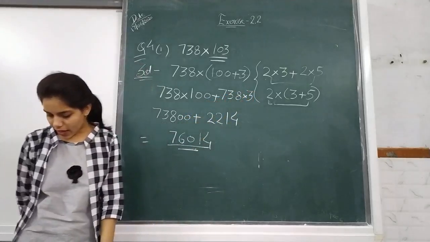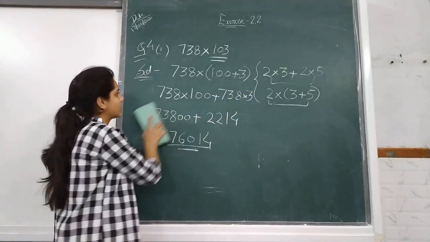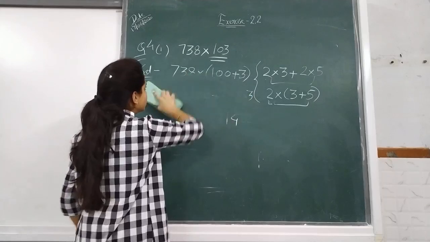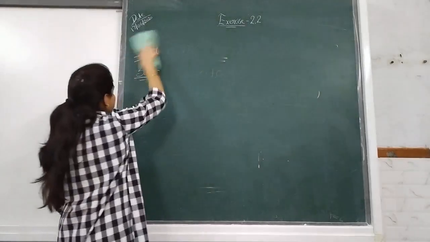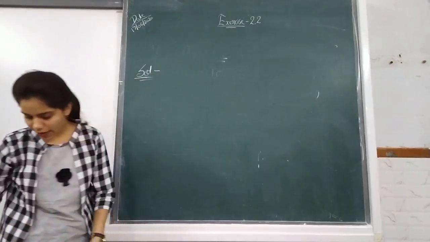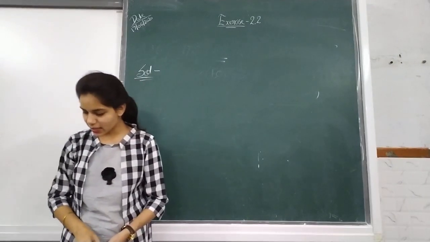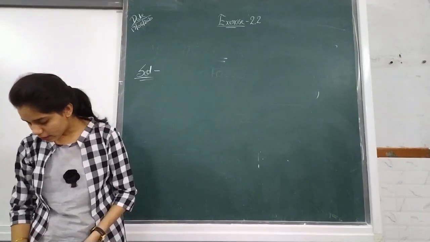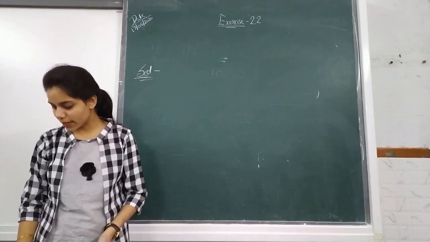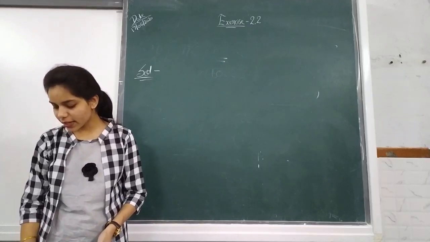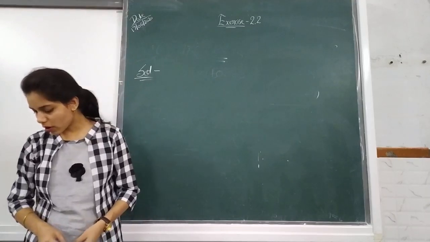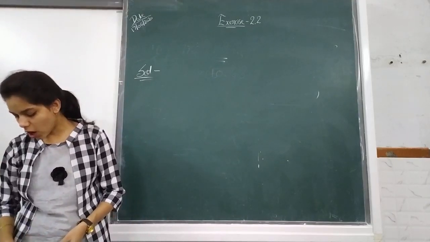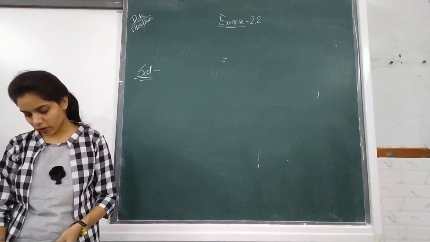Understood? Now question number 5 is: a taxi driver filled his car petrol tank with 40 liters of petrol on Monday. The next day he filled the tank with 50 liters of petrol. If the petrol cost 44 per liter, how much did he spend in all on petrol?